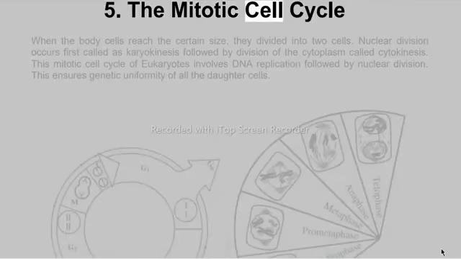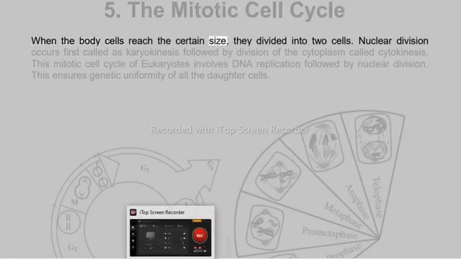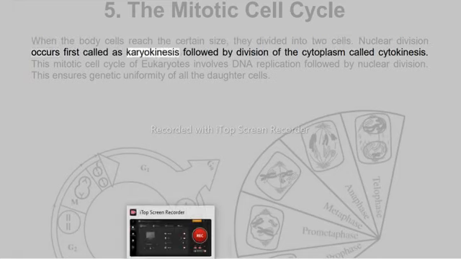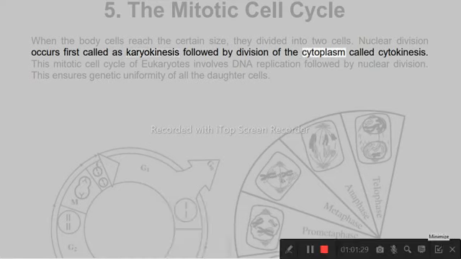5. The mitotic cell cycle. When the body cells were in size, they divided into two cells. Nuclear division occurs first as karyokinesis followed by division of the cytoplasm called cytokinesis. This mitotic